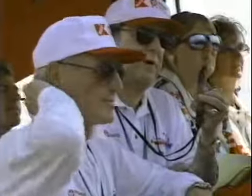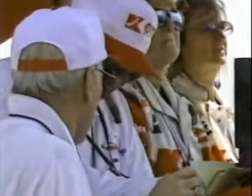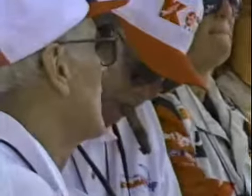Toronto, there's Paul Newman there on the left along with Carl Haas. Newman, by the way, bringing out a new line of his special food products with great acclamation. Toronto was Nigel's first mechanical DNF of the year. The question, always the rap on Nigel, was he was hard on cars. I don't think so. So Nigel